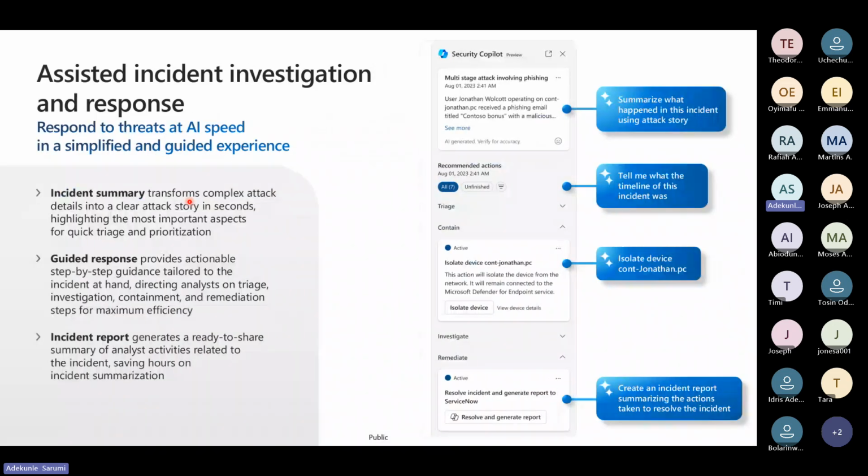So with your Security Copilot, you can easily summarize what must have happened. Just as I was sharing those pages before that had attacks running from devices to endpoints to identities to mailboxes, it can easily help you to summarize everything that's happened there. It also gives you a guided, step-by-step response for what to do on the investigation and the remediation, and also helps you to generate a ready-to-share summary of this incident. So something you can probably submit to IROPS to analyze whatever incidents may have happened